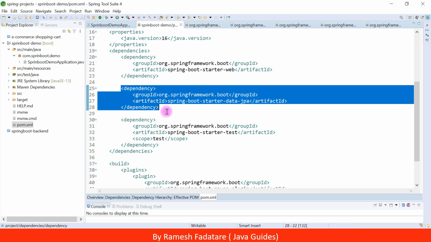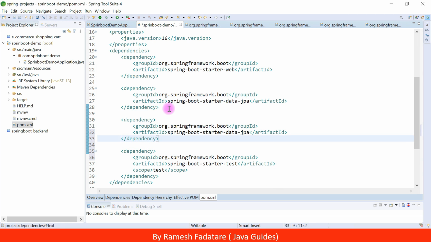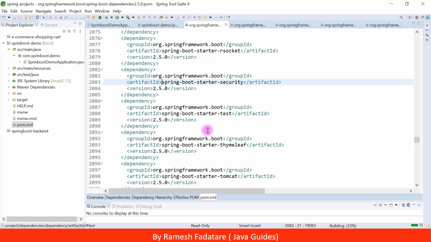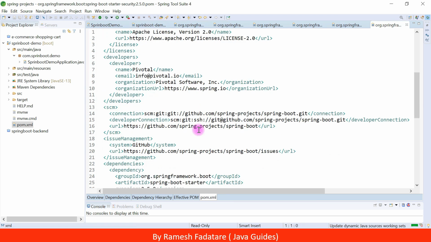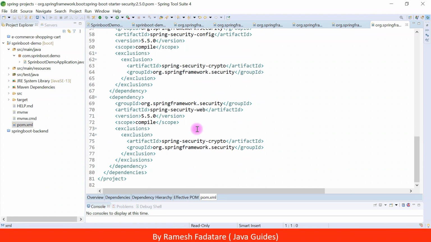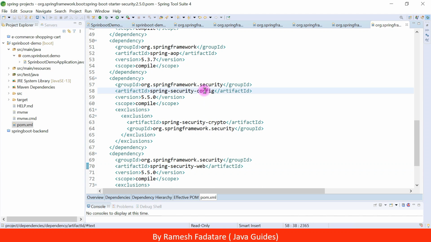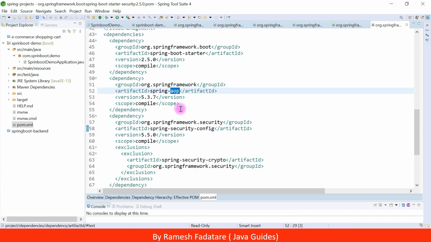Apart from this, if you want to see Spring Security, you can just change this to Spring Boot starter security. If you want to see what it contains, you can go ahead and see what dependencies it provides. You can see here Spring Security Web, Spring Security Config, Spring AOP.